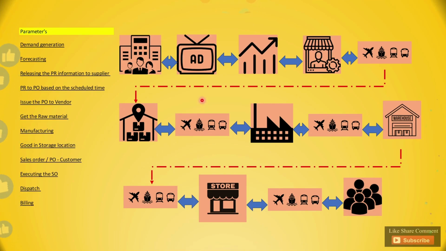I'll just give you the quick example for first two boxes. So we have planned for the demand generation. So what we have given the order to the ad agency. The ad agency again has given their invoice for the billing. So you can see for the first two boxes we have given order, then we have received the invoice. In the similar fashion for all the boxes, there will be a flow of information on the both sides. So this is the trade route which we are going to use in our classes. I hope it is very straight, very simple to understand.